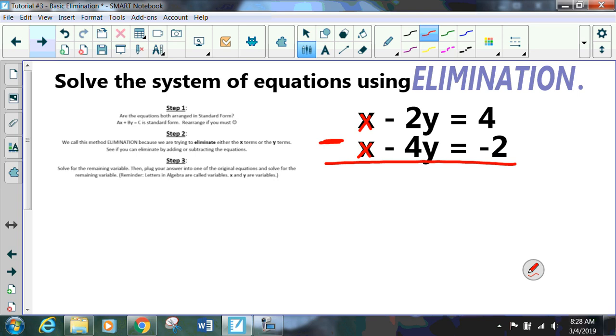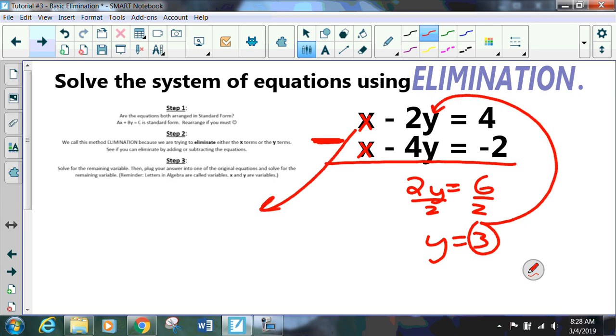Negative 2y minus negative 4y. If I put negative 2 minus a negative 4 in my calculator, what am I going to get? I'm going to get a 2y. And then 4 minus a negative 2. If I put that in my calculator, it's going to give me a 6. So I divide both sides by 2. I get y equals 3. I'm halfway done, right? I take that 3, I plug it into,